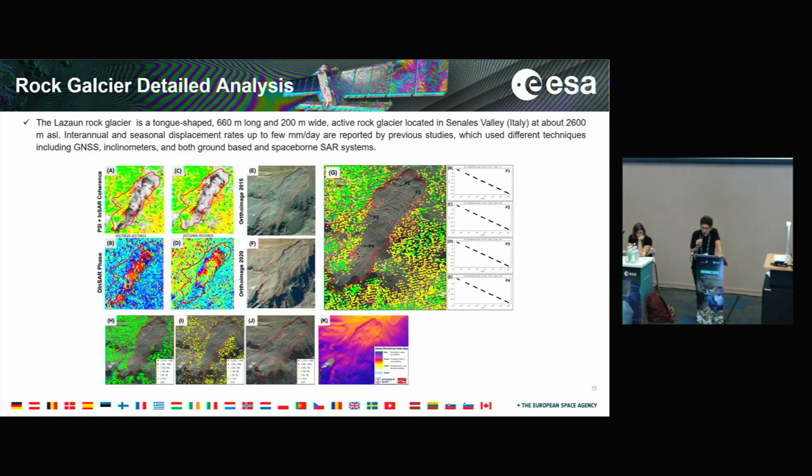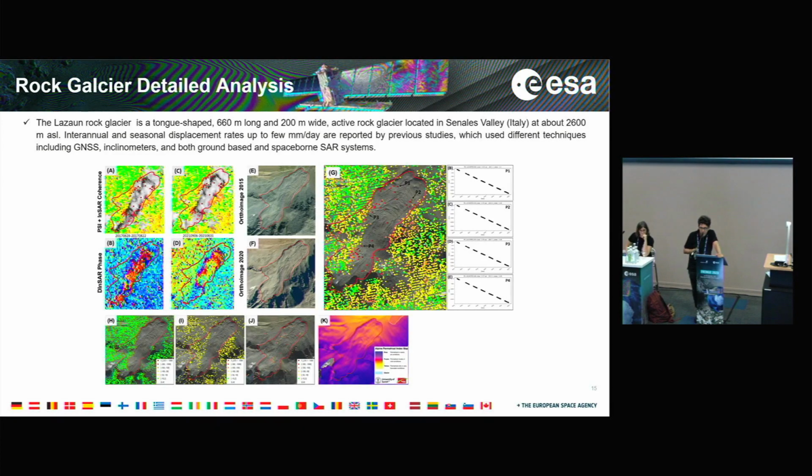And also in this case, it's very interesting to look at the classes of velocity here. We can see that there are 3 classes of velocity, and the velocity increases in value while going from the border into the inner part. So this means that the lack of coherent targets is related to the aliasing occurring in the phase that has not been recovered by the estimation procedure. And again, in this case, we were reliably able to recover information by exploring both the coherence and standard DInSAR phase. You can see here a couple of examples,